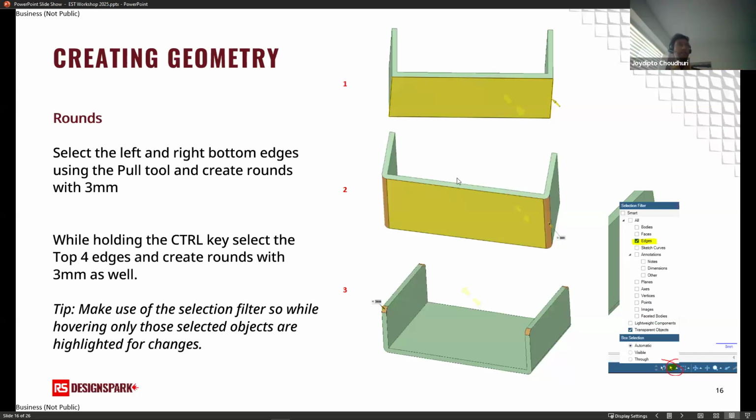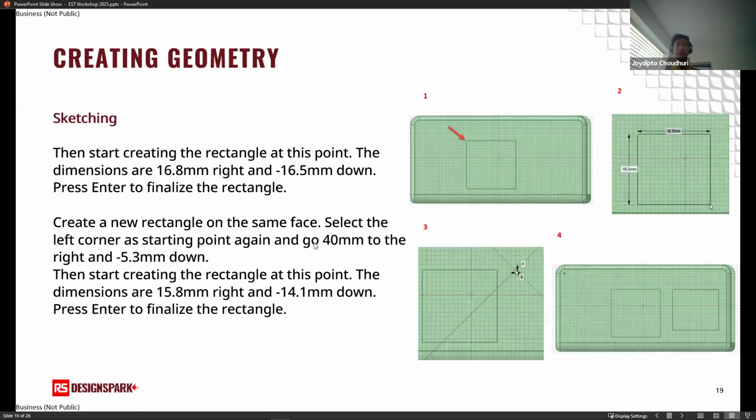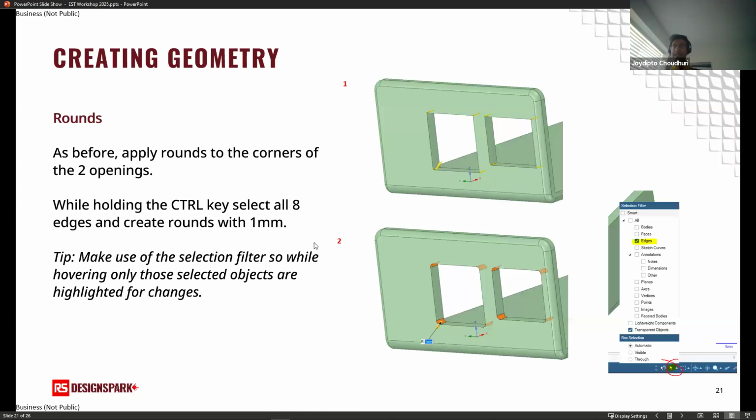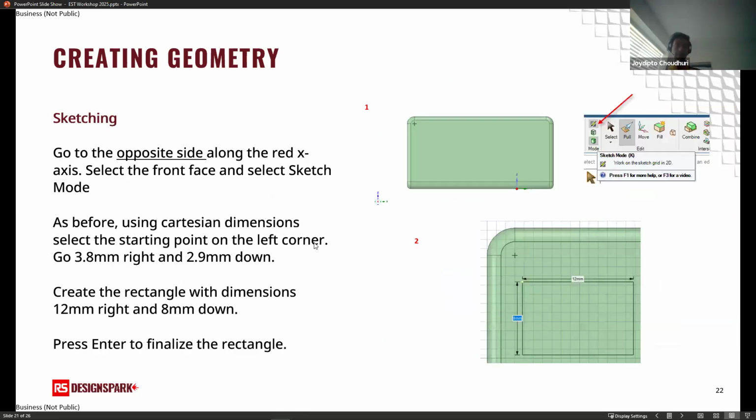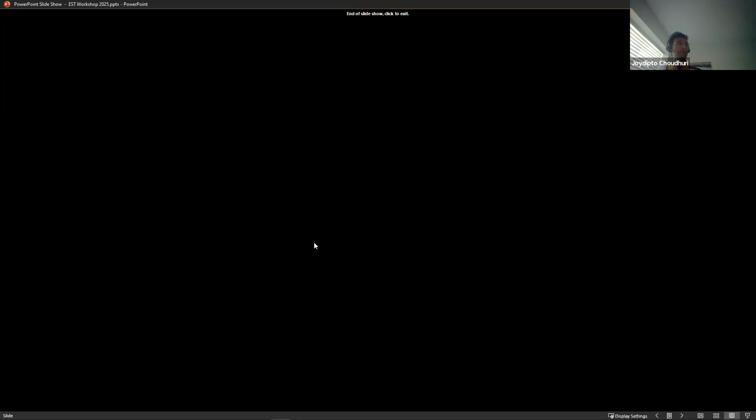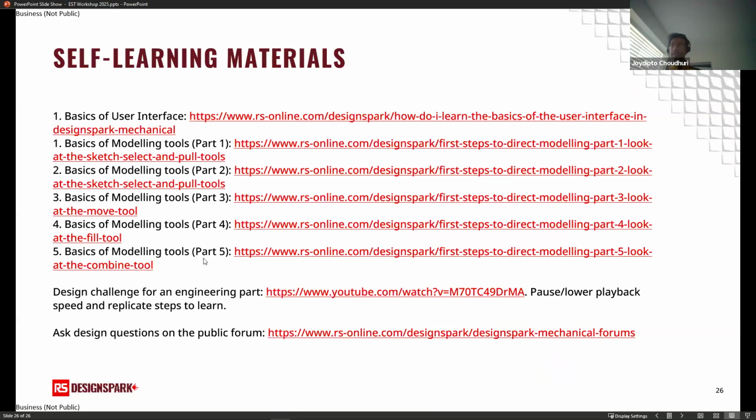Yeah, sure. So I'll forward these slides over to you. There's some more practice material here. It has all the resources you will need. So you can try and go through these same steps that I did yourself after the workshop. And after you've done that, it'll be a good idea to go through these basics of modeling tools exercises, which is a different set of models, but it really breaks it down step by step how to use the pull, combine, split body, the two tools that we didn't have time to cover today. Those are covered in this 5-part